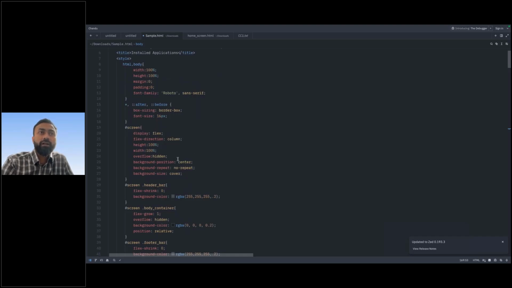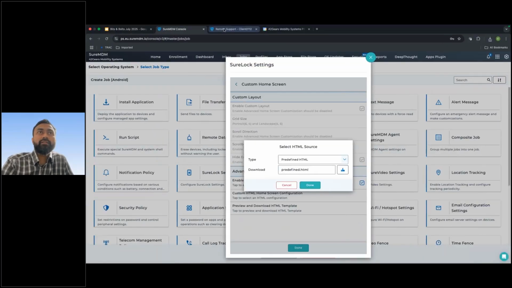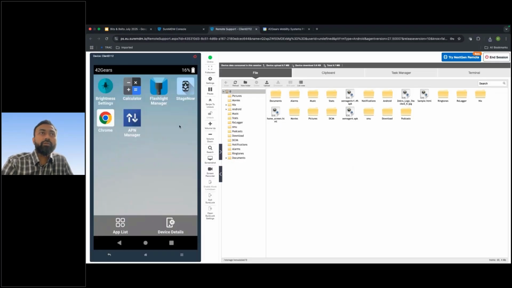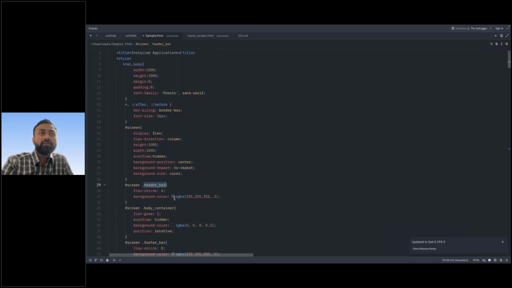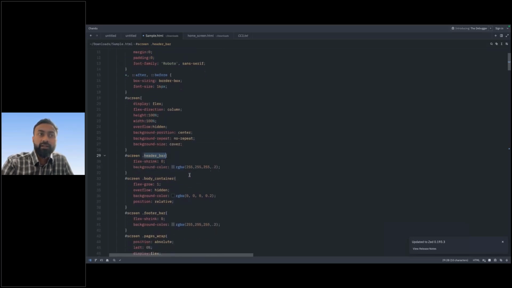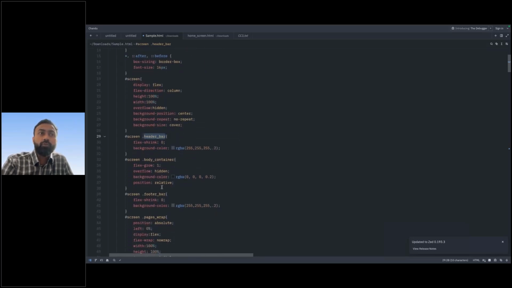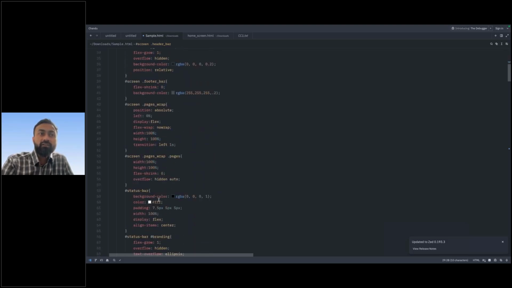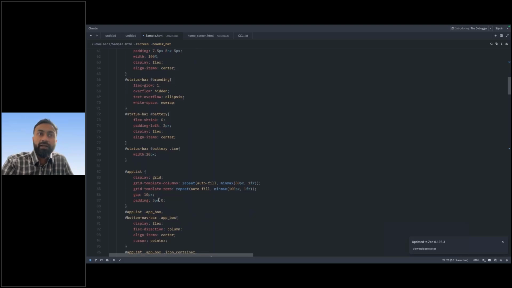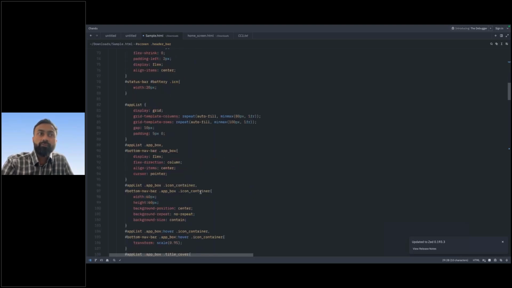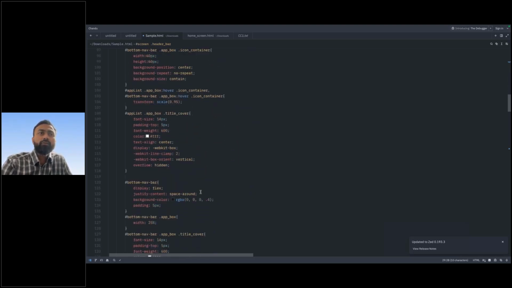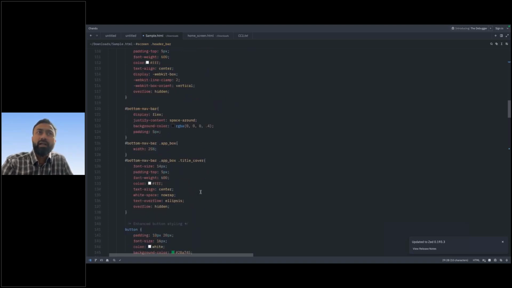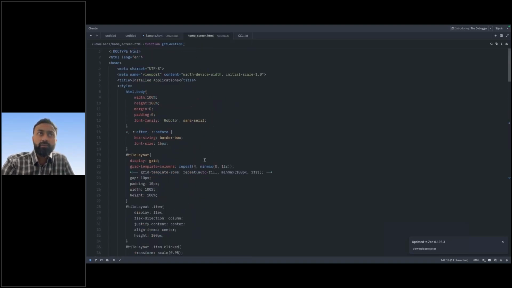you would like to change a color, the screen header. For example, in the screen header, I'm showing 42 guys. Here you can even change the size of the header, color of the header, and what the body should contain. In the footer, what it should contain, the status bar, what it should look like, and the app list, what it should show. And some of the examples which I have added in the second custom HTML page, which I'll